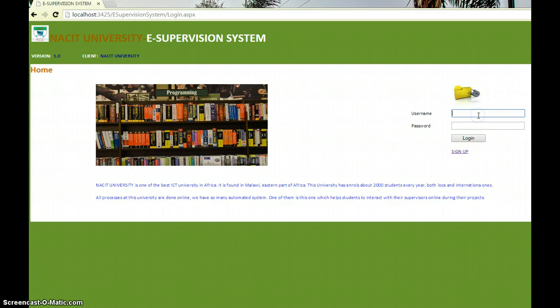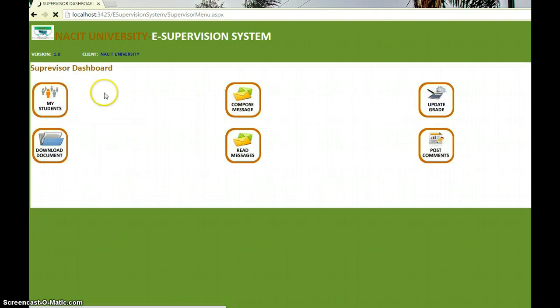Okay, just to show you now the supervisor, what he can do, we'll just enter his credentials. This is the supervisor dashboard. These are the things that he can do. He can view his students, compose message, update grade, document, download document, read